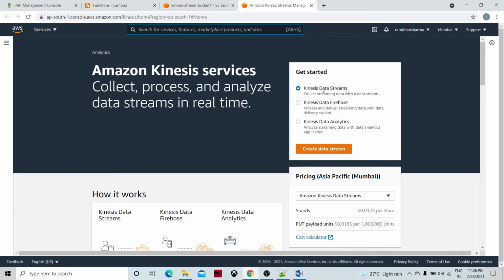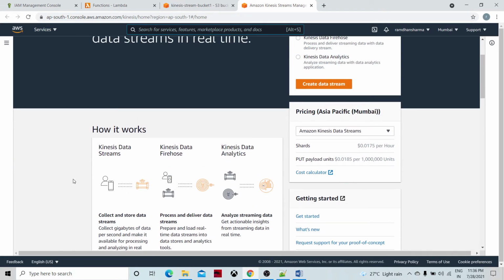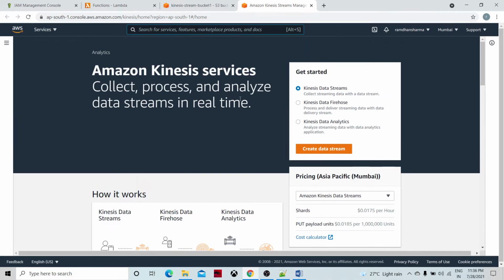Let's create. I'm going to collect streaming data with the data stream. In this session, we are going to cover only the Kinesis data stream. There is one more, Kinesis Data Firehose, which is for delivering the messages, and this one is for analytics.